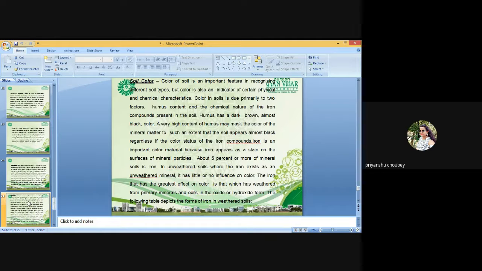Color of the soil is an important feature to recognize different soil types, but color is also an indicator of certain physical and chemical characteristics. Soil color is due primarily to two factors: humus content and the chemical nature of the iron compounds present in the soil. Humus has a dark brown, almost black color. A very high content of humus may mask the color of the mineral matter to such an extent that the soil appears almost black,